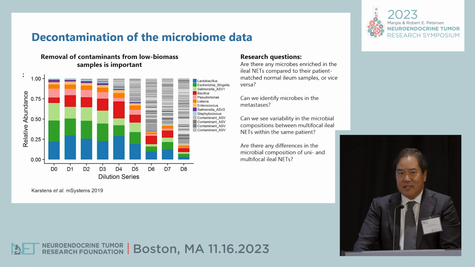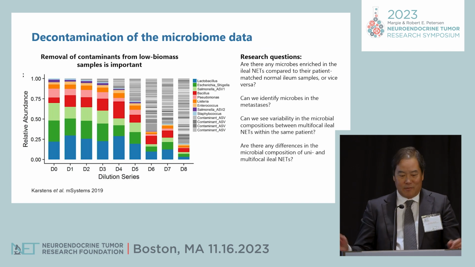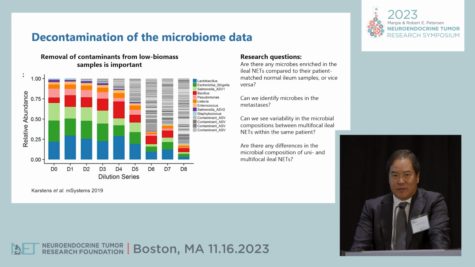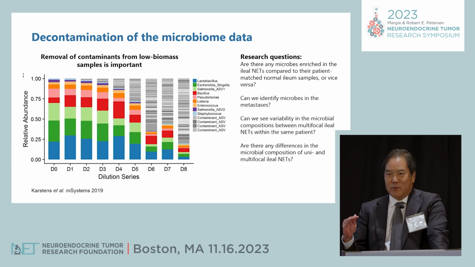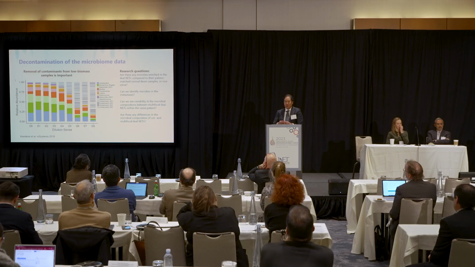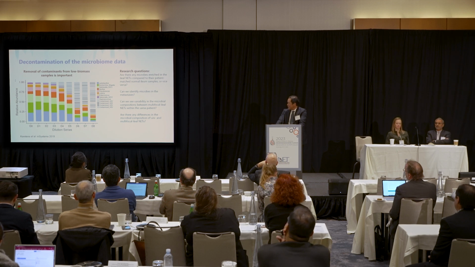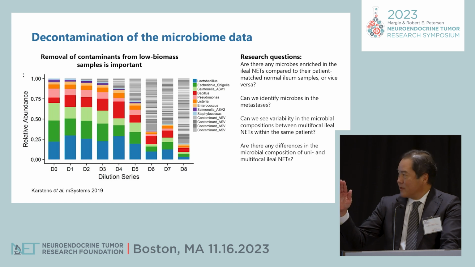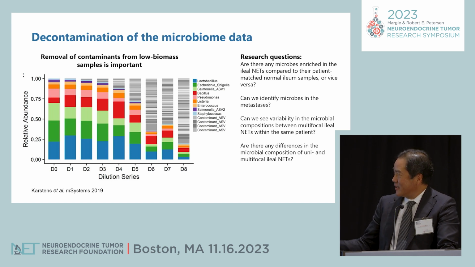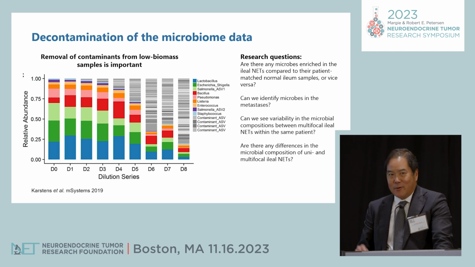Now, this problem of decontamination of this kind of big data is a challenge in the field, and people are working on how to do it. But the challenge arises when you have a very low microbial biomass that you're starting with. You imagine a human tumor isn't expected to have high amounts of bacterial reads in it. But this simulation shows that as you decrease the biomass of your microbiome, the problem of potential contaminant DNA increases, which is shown in the gray. So how you are able to filter out or decontaminate the data is a key thing.